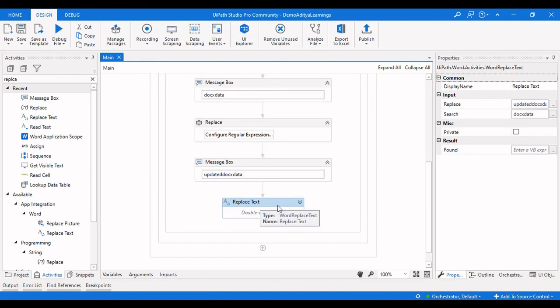It is replacing any value which contains that particular wording, any type 1 2 3 1 2 3. If it is 1 2 3 4, then it is also replacing the 1 2 3 in the initial word in that particular document. So this is it for this video of replacing a particular string in a Word document.